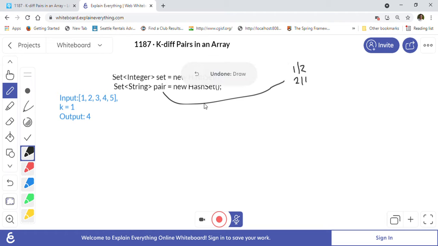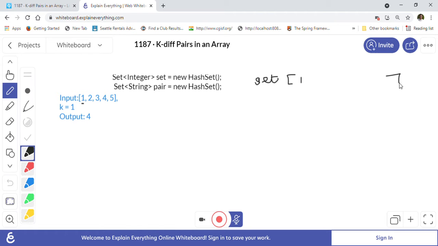This will be counted as only one pair, but we will put the two strings in the set. Okay, so let me just take this back again. We will walk through this example and discuss how we will do it. When we see the first number, 1, we will check that the set doesn't have 1, and then put 1 into our set.